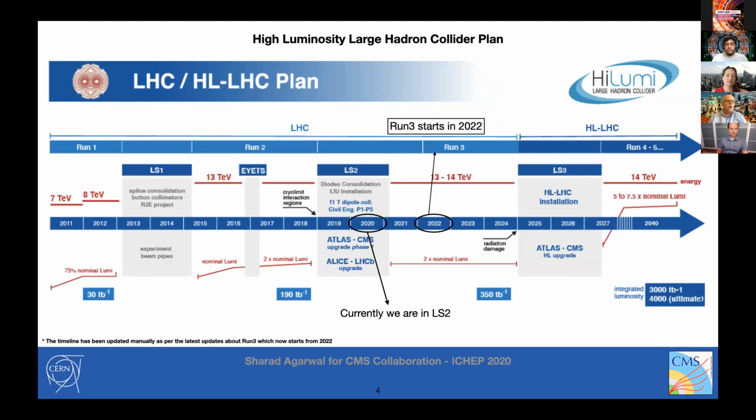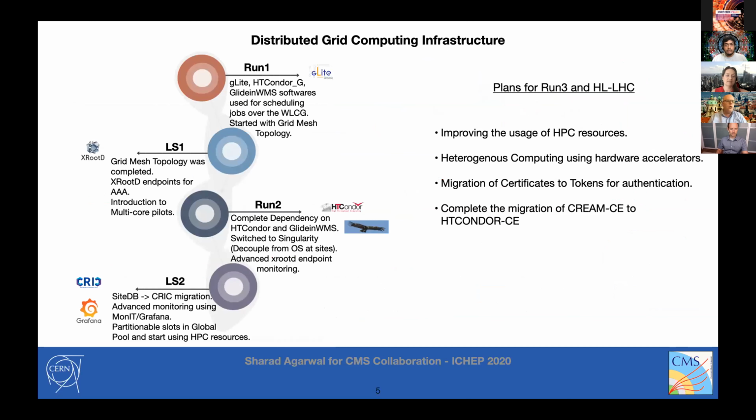So this whole graph is just to tell you when Run 1 started and when LS1 is, because throughout the talk we will be using these terms: Run 1, LS1, which is long shutdown 1, and Run 2. As you can see, I have circled that right now we are in LS2, which is long shutdown 2. So, talking about the growth and evolution of distributed grid computing infrastructure,